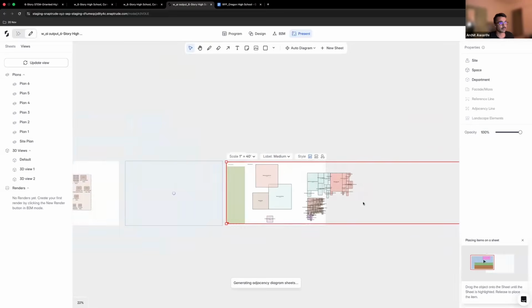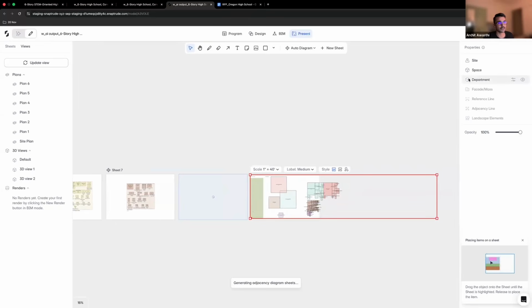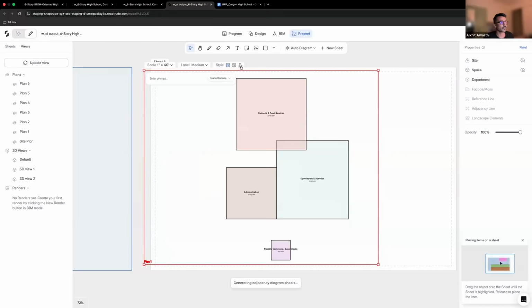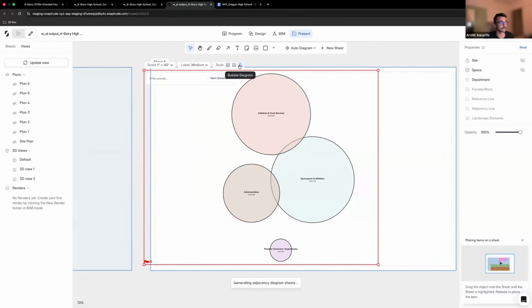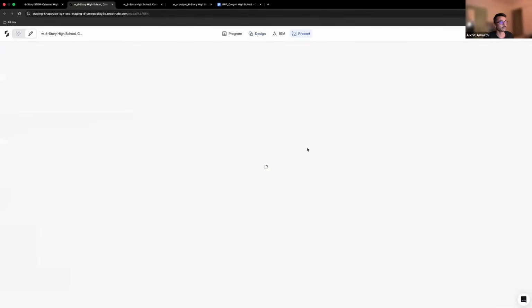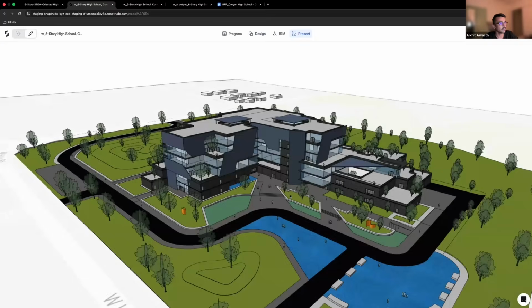So let's say I want to see only my departments. On the top right here, you can see I can switch on or off different things. So let's switch off everything except for the departments in this case. And now I'm going to also switch to a bubble diagram view. So that's what I had initially shown. This could actually go on to look something like this,